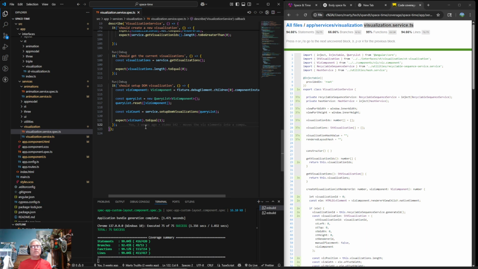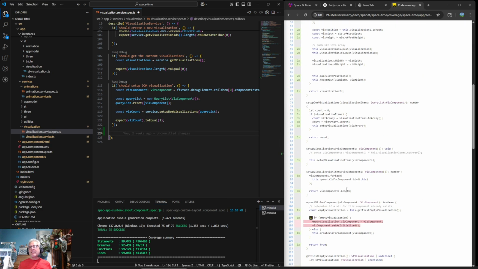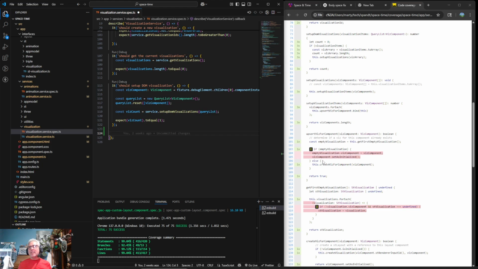And then here we go. And then basically, what we want to do is test upsert for no visualizations, right? So this is the one we want to test.